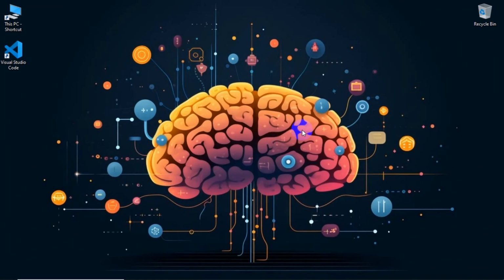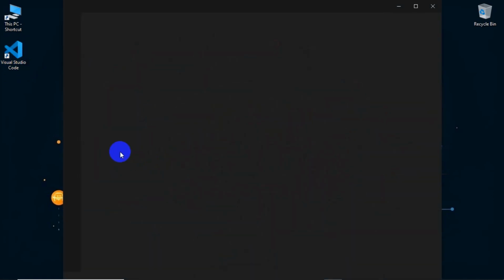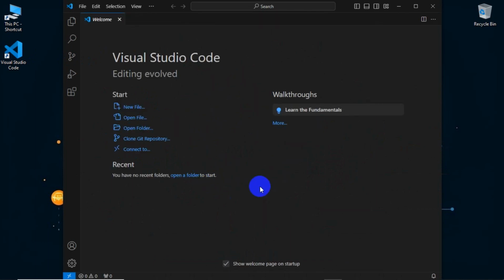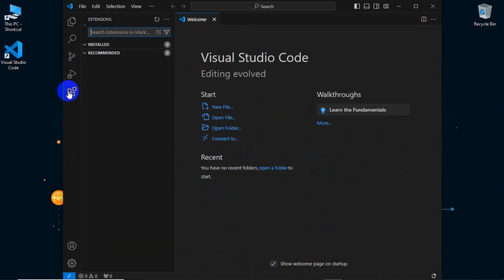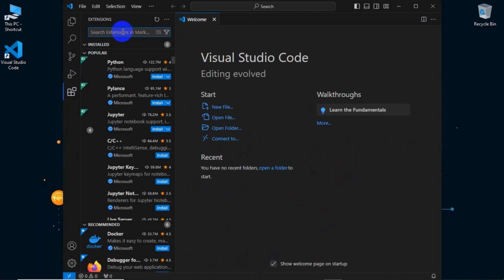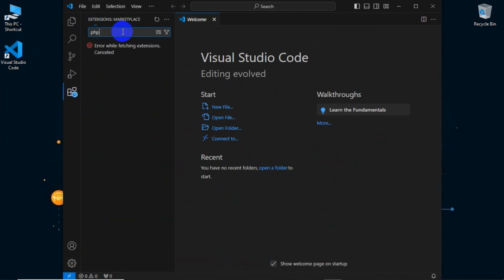In this video, we are going to learn how to run PHP in Visual Studio. So without further ado, let's get started. First, go to Visual Studio Code, and after coming to Visual Studio Code, we will go for extensions. For that, you need to click on extensions, and here you need to search for PHP